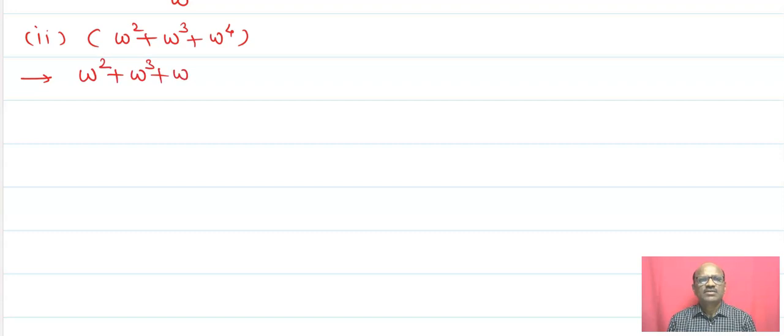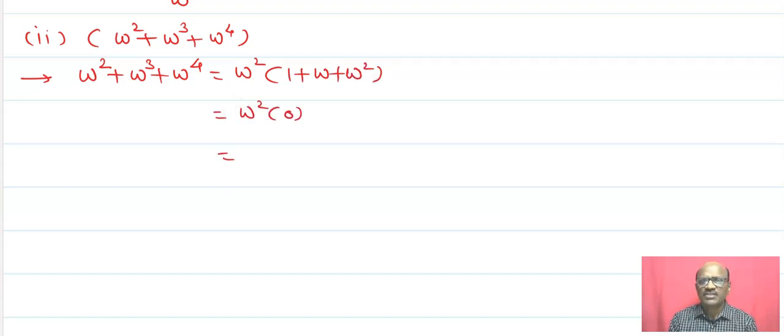Next is omega square plus omega cube plus omega raised to 4. Now take omega square as common, then in the bracket you are getting 1 plus omega square, and its value is 0. Therefore, omega square plus omega cube plus omega raised to 4 is equal to 0. Now the next example,